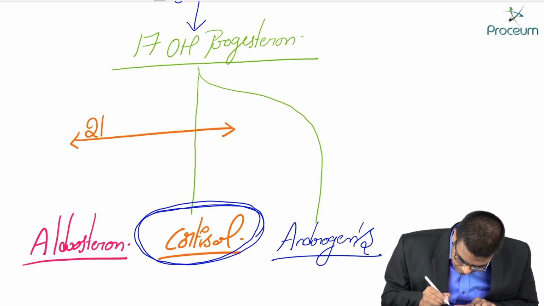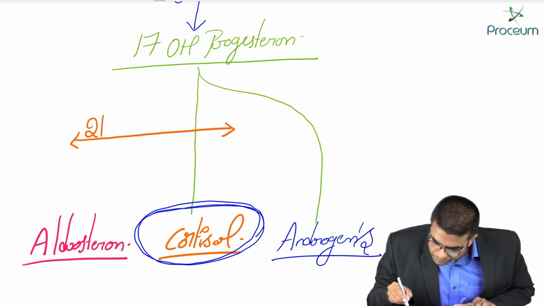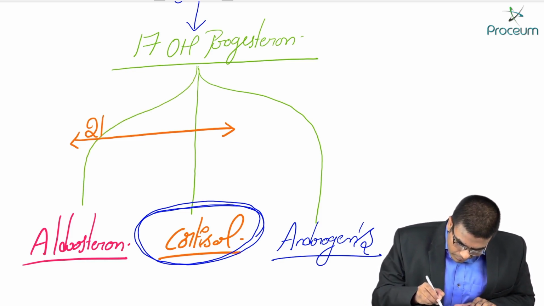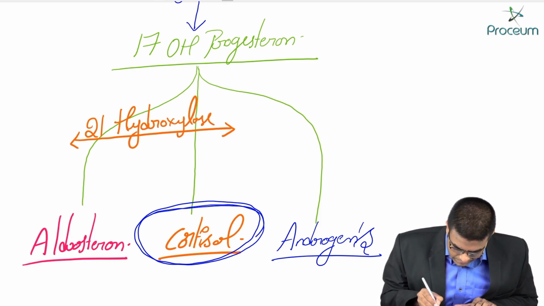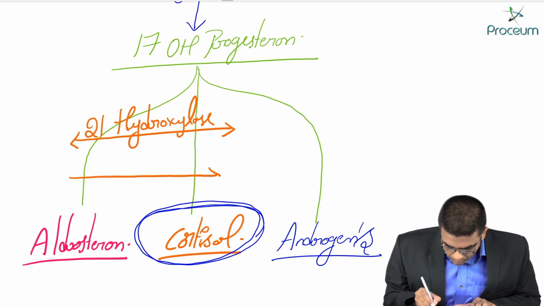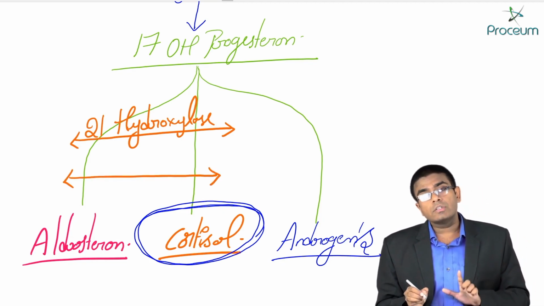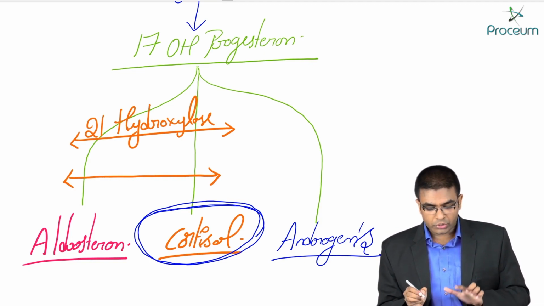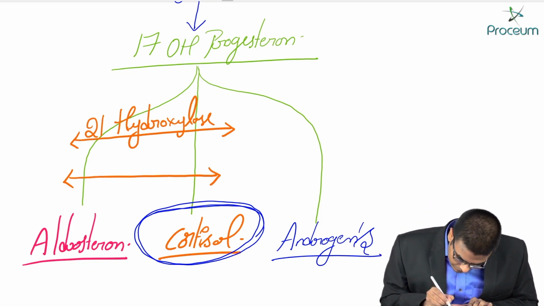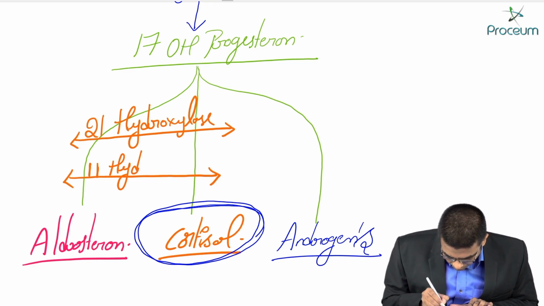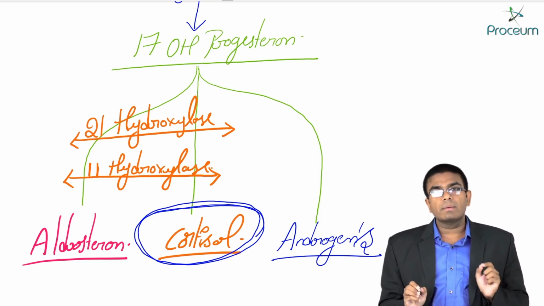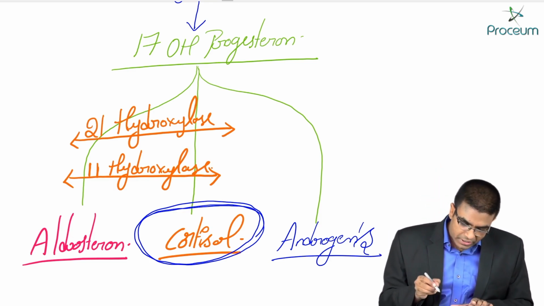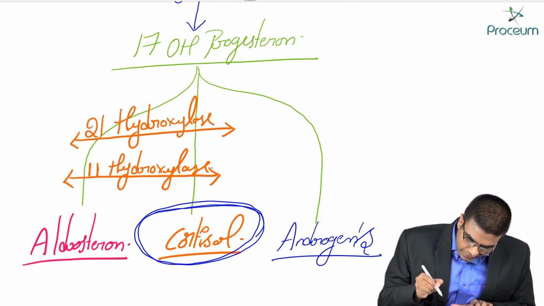Okay, 21, just write 21-hydroxylase. Now there is one more important enzyme which is also necessary for the production of aldosterone and cortisol. Now what is that? It is 11-hydroxylase. Okay, now please remember, if there is a deficiency of, for example,